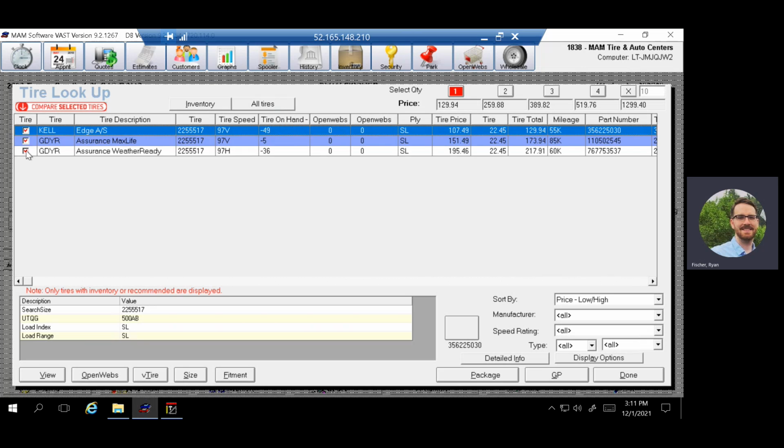Now this tire screen is completely customizable, so if there's specific data that you want to show that is not shown on the screen, you can certainly do that. Now, if for whatever reason we run into a tire that we don't stock, well, then we can simply hit our V-Tire button,